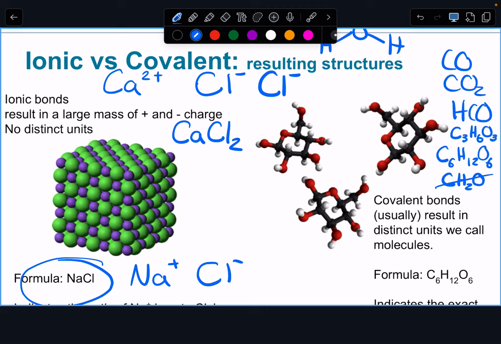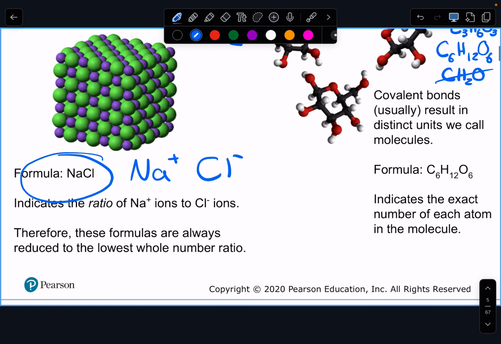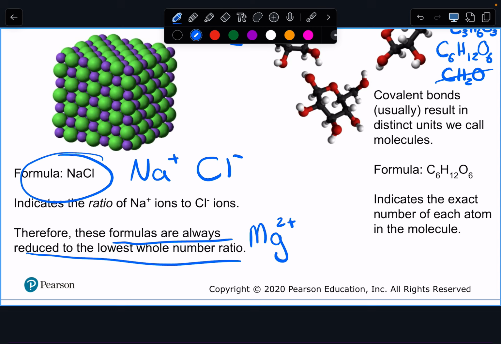when we look at covalent compounds, we always do want to reduce them down to the smallest whole number ratio. So we would never do that with covalent compounds. With ionic compounds, we always want to reduce it down. So that's right here. Formulas are always reduced to the lowest whole number ratio. So let me show you an example of this. If we had magnesium, which has a 2+ charge because it's in the second column, and we had oxygen, which has a 2- because it's in the 6th column,